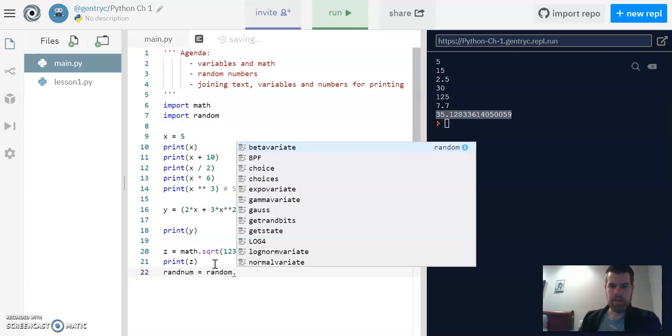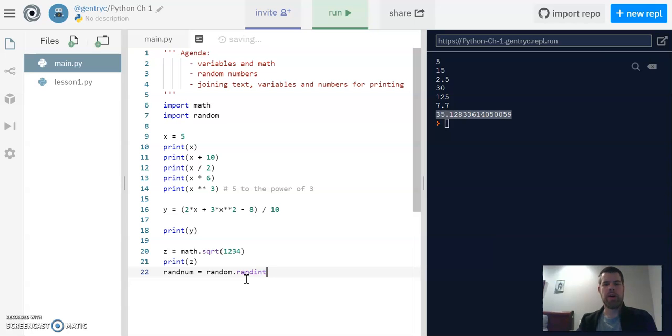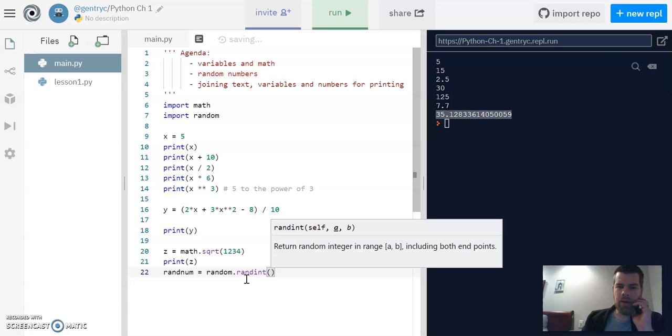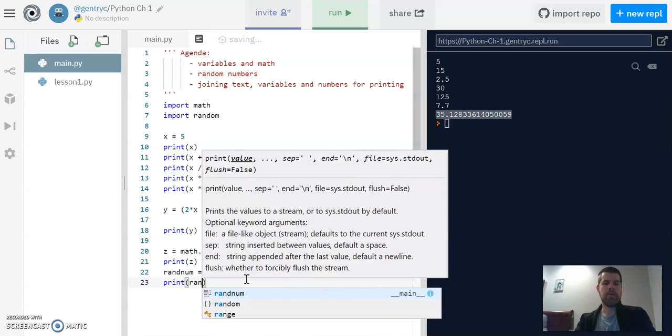Random, which is the name of the library, right? This function I'm about to call is from the random library, just like square root is from the math library. The actual function name is called randint, and you can see it pop up there in Replit because Replit knows all the functions that are available. So we can do an autocomplete there, randint, and guess how many parameters randint requires. It's that same range thing where we go, oh, I want it between this and this. So if I go random number from 1 to, let's say 1,000, and then I print that random number,